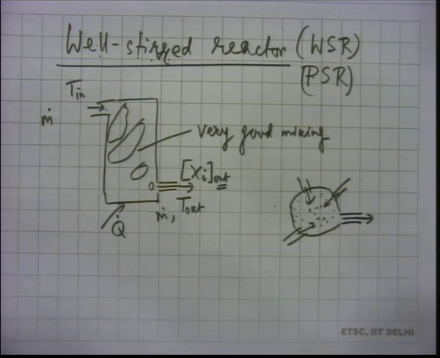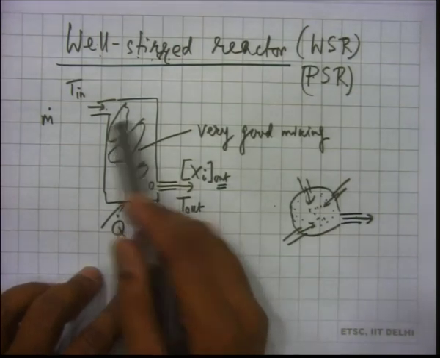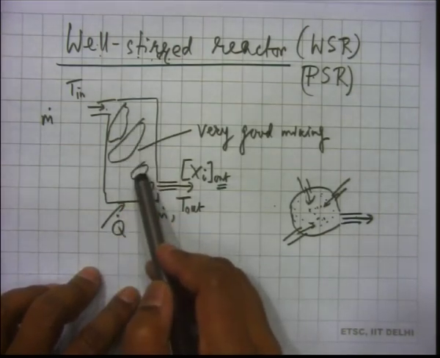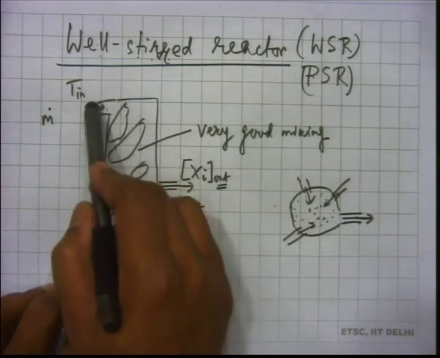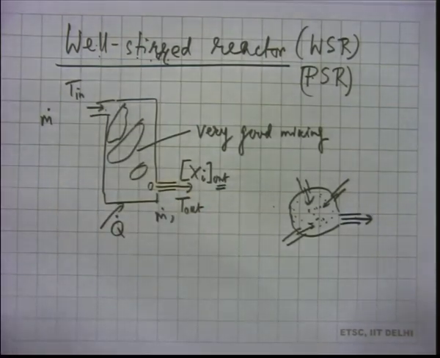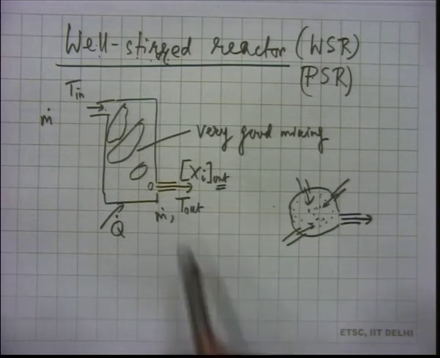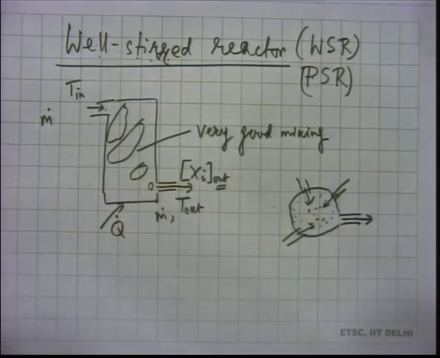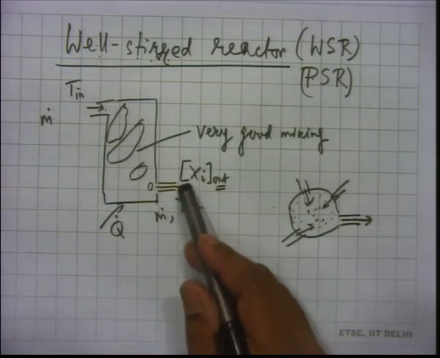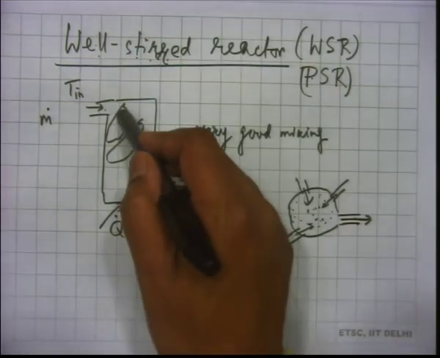So, you will have the same temperature at all places. Okay, so it comes in with T in at some value, but because it is reacting, all homogeneous and reacting uniformly everywhere, you are going to get the same temperatures, and those temperatures will be the same as the outlet temperature. This T outlet is something which you see here, but the T outlet exists here also.